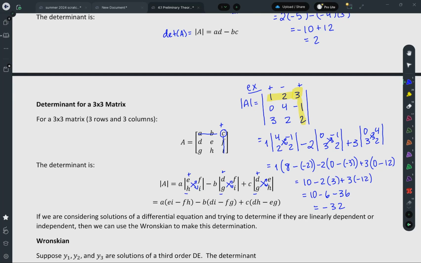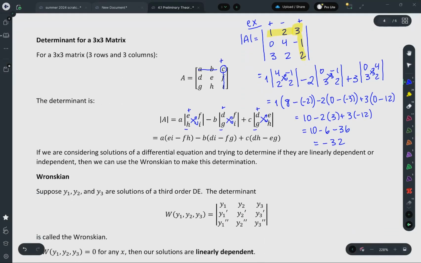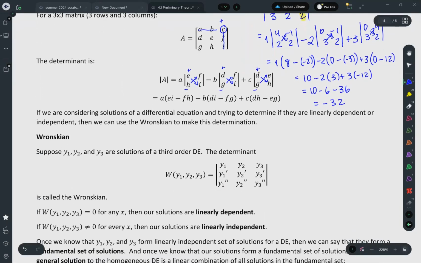We're going to use it to test for independence. So if we're considering solutions of a differential equation and we want to determine if they're linearly dependent or independent, we're going to use the Wronskian to make this determination. And the Wronskian uses the determinant. Suppose y1, y2, and y3 are solutions of a third order differential equation. The Wronskian of y1, y2, y3 is equal to the determinant of this 3x3